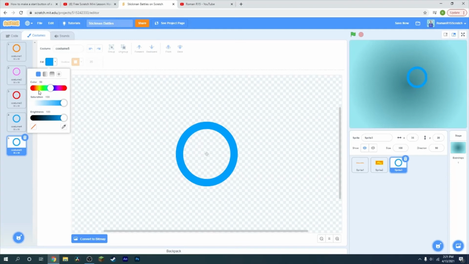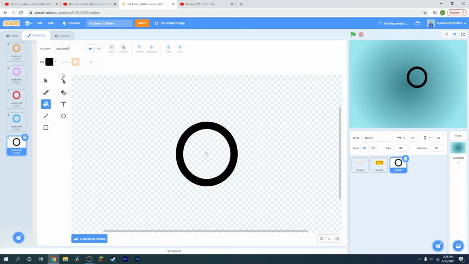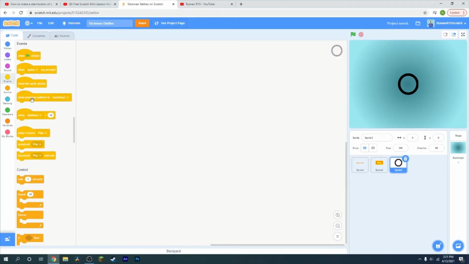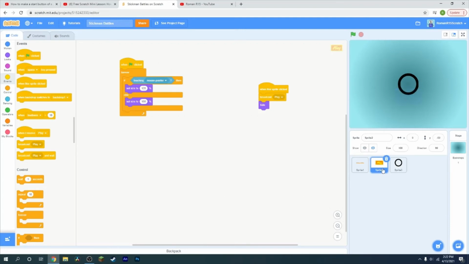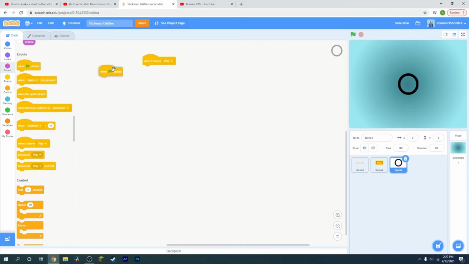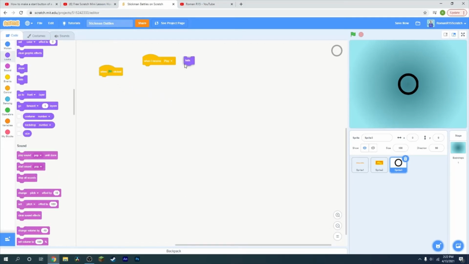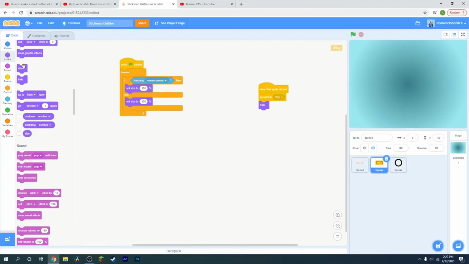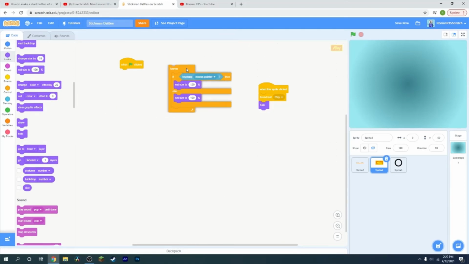And we'll make a black one. Let's go to 0, 0, and when I receive play, we'll click, hide, and show. Keep in mind that these won't reappear, so you want to add before this piece of code,